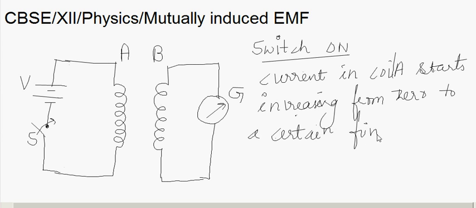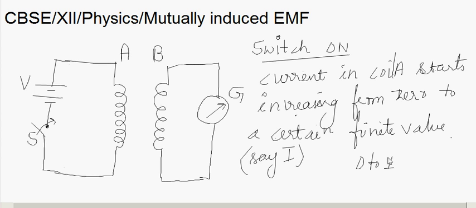We don't know, maybe we can say it is capital I, some finite value. You know, current through an inductor will not increase suddenly, as in the case of a resistor. It slowly builds up. That means when the current increases from 0 to I,